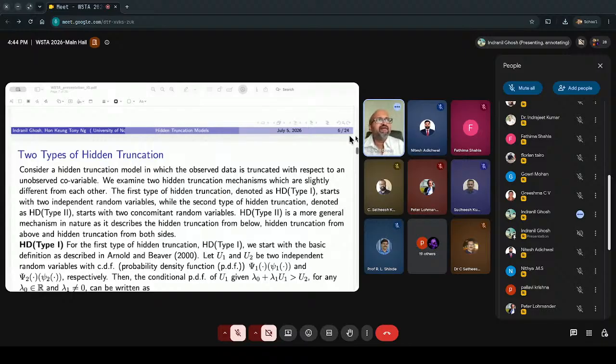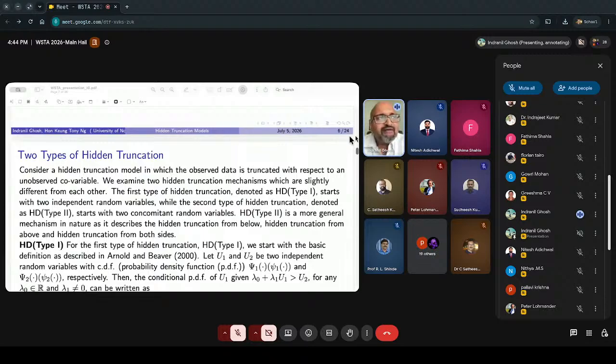So you observe X when, for a p-variate Y concomitant, K of those out of P are truncated below some value. And in our joint paper, we talked about hidden truncation with Pareto components, and we were able to find